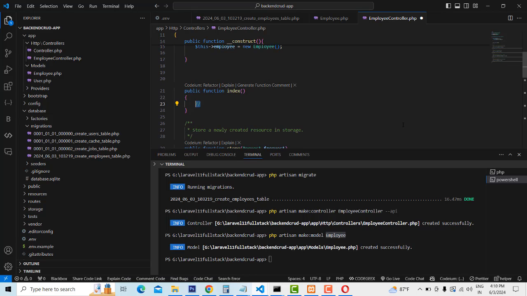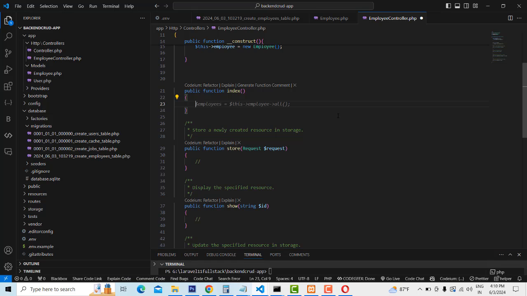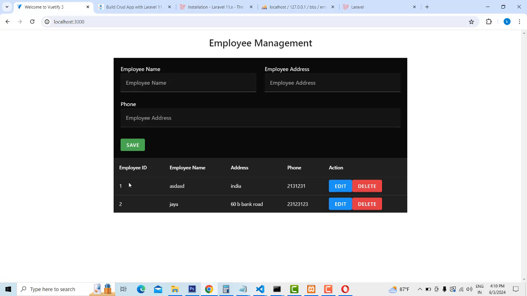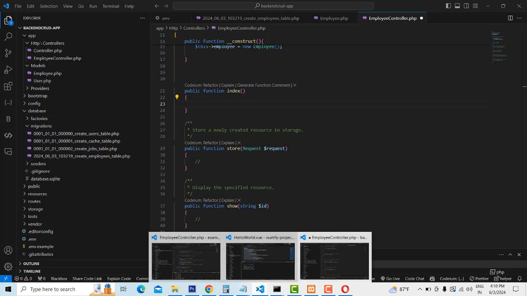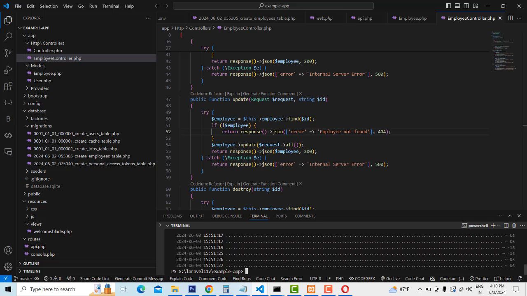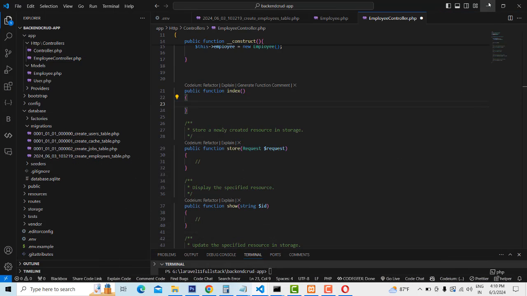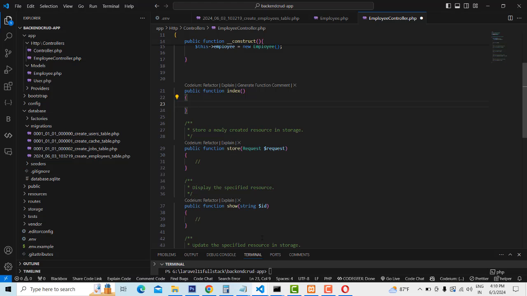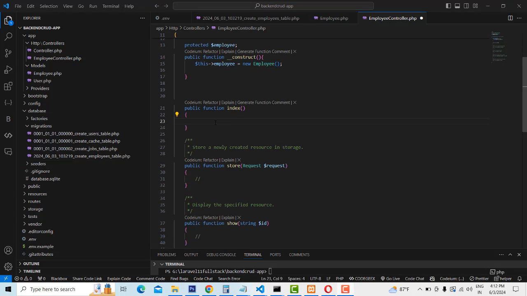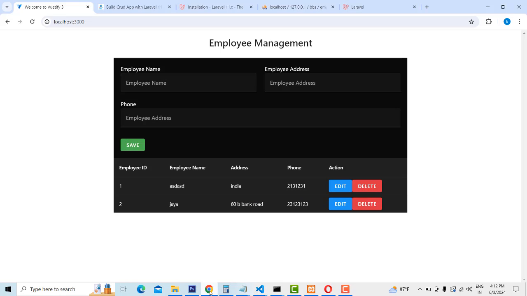First, the index page, which is the loading page of the program. When you request, when the program is loading, the table is loading. This loading is done by the index method. So we have implemented the index method. Sorry, implemented. Like this way, we have to implement the index method, okay, the index page. So you have to copy this code,